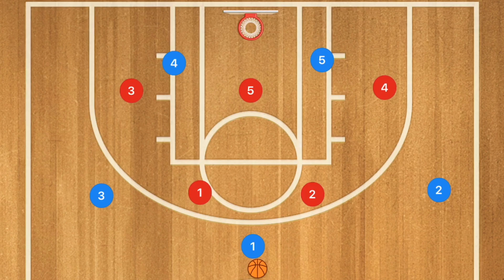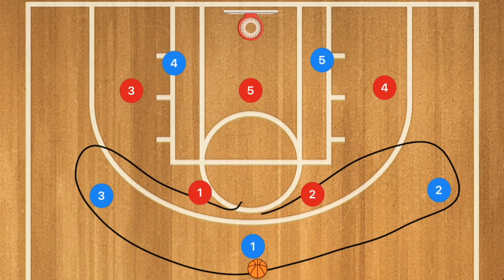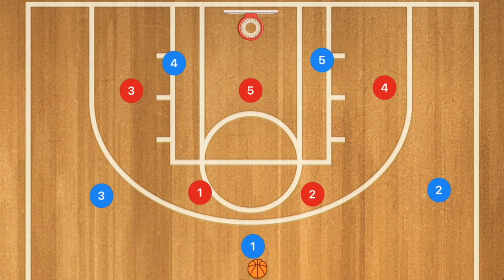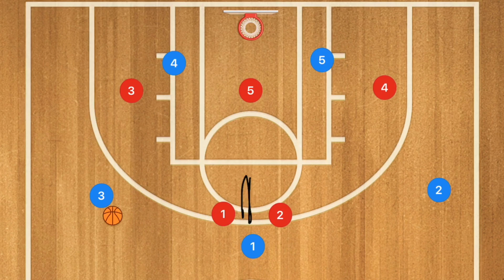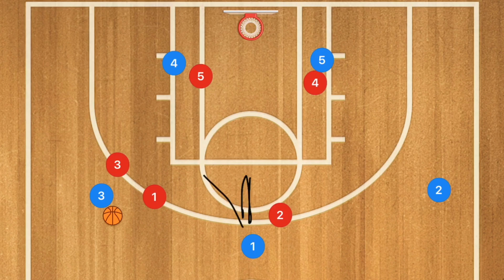Now, one way I really like to attack a 2-3 zone is by running a 3-out, 2-in, so 3 players on the outside and 2 players on the low post offense. Because what's going to happen is, because this is a double team location, these 2 players are going to be drawn in together. Now, very simply, you could have player 1 pass over to player 3, which is going to raise up player 3. That's going to shift the defense over just like this, and we could have player 1 cut down towards that